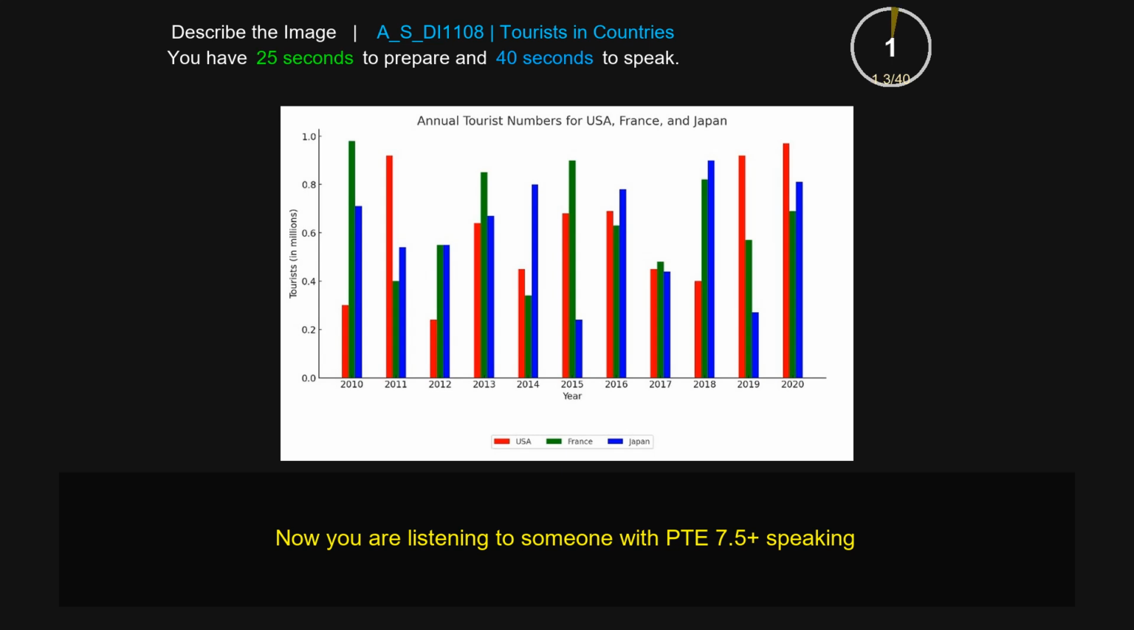The given image gives information about annual tourist number for USA and France and Japan. The data is given in the form of millions. In this picture, we see 2010 France is the highest amount, 1.0 million, and the least in 2017, which shows 0.4 million. After that, the USA is the highest in 2019, which shows 1.0 million, and the least in 2012, which is 0.2 million. On the other side, Japan is the highest in 2018, which shows 0.8 million, and the least in 2015, which shows less than 0.2 million. After careful considering the